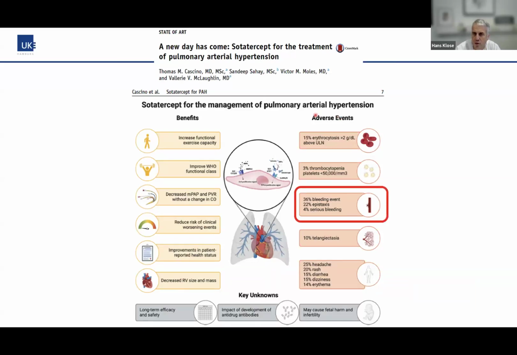But there are adverse events, as in any drug. There are quite a lot of bleeding events we see in our clinic as well. And the main thing that I try to let you remember is that there are key unknowns. So long-term efficacy and safety is not clear yet. And there might be antibodies developing, so we don't know what it's doing to the immunity and the fetal harm. So I just want to let you know that this is a good drug, but keep in mind the